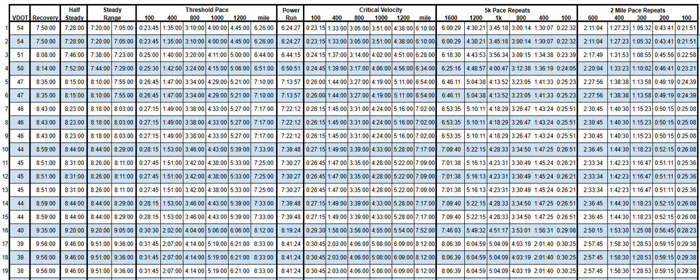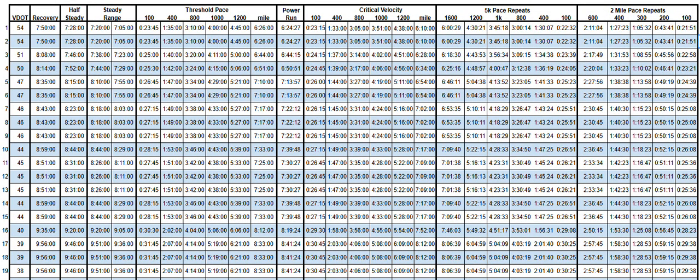Okay, so today we're going to talk about the PACE chart and how the chart can actually help us understand the concepts of training that we're utilizing each and every day as we go out for our runs. So I'm going to work from left to right on this chart and explain how we utilize each of the columns, and I think you'll walk away with a much clearer understanding when you read your schedules or you head